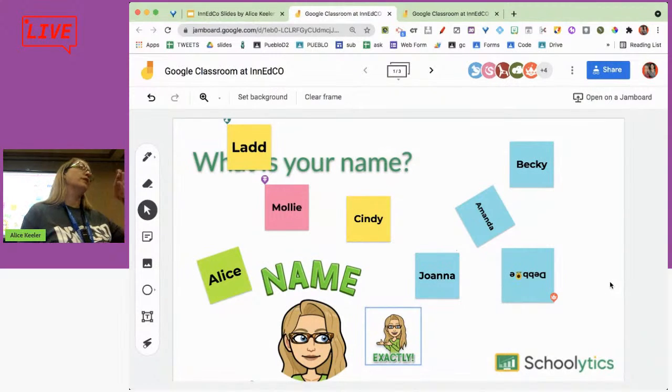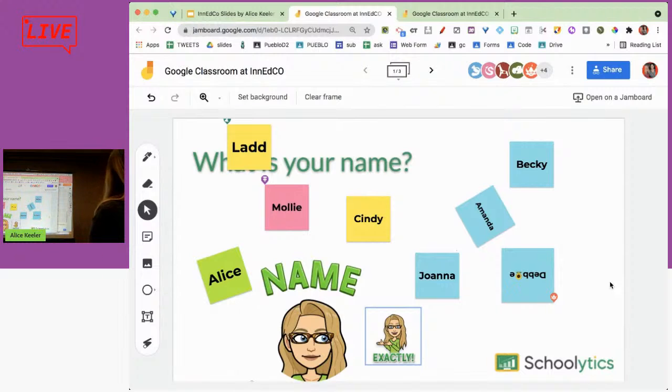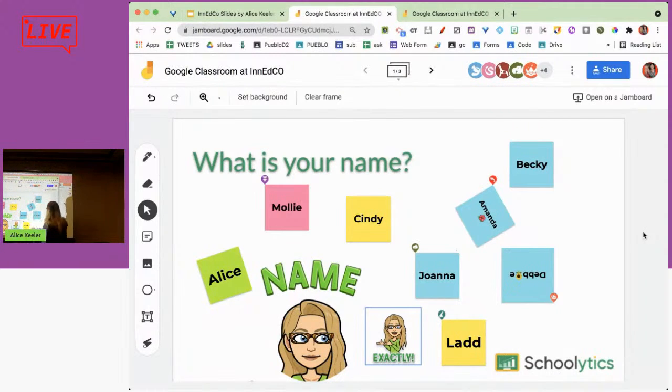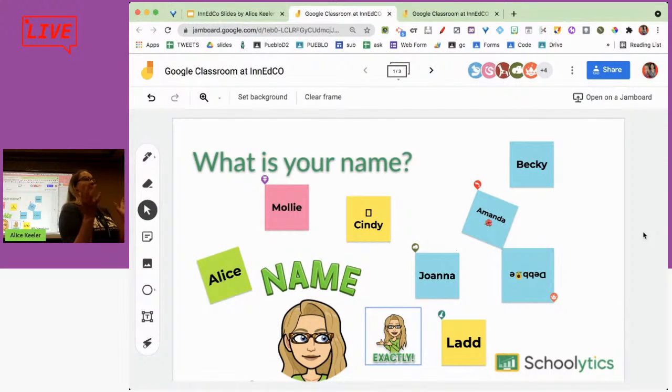Oh, I think that would only work if I had an actual Jamboard, which is like $6,000 to $8,000. So we're not going to do that. So over up here where it says it's not a Jamboard session, but I'm happy to answer Jamboard questions. Where it says open on a Jamboard, a Jamboard is a piece of hardware, like maybe a smart board. I don't like to say that they're really the same thing, but a physical piece of hardware.